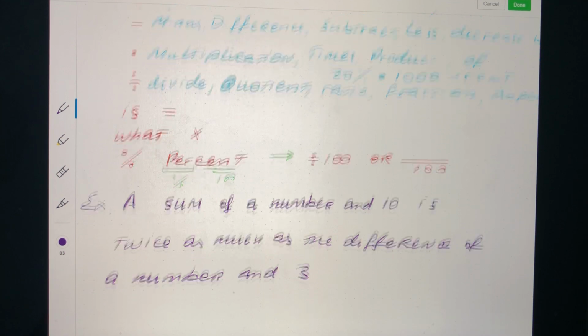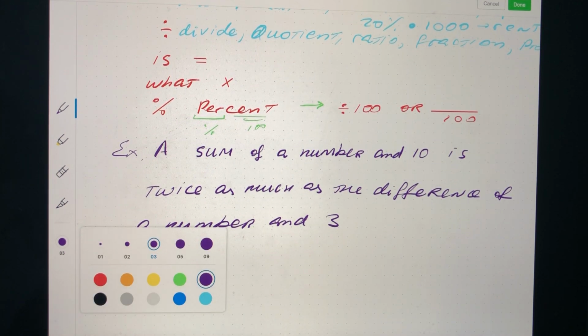So the first step is to translate this into something that is math, because if it is math,